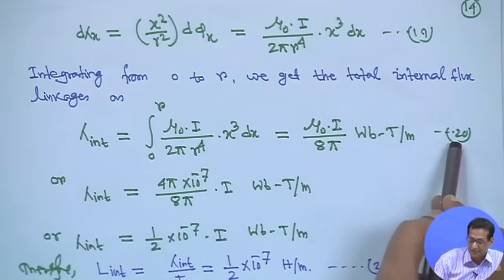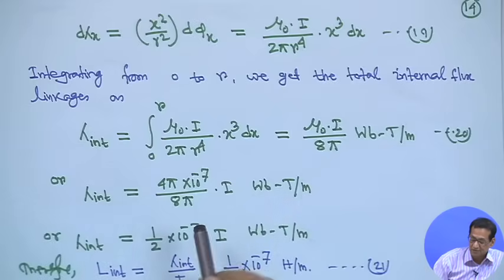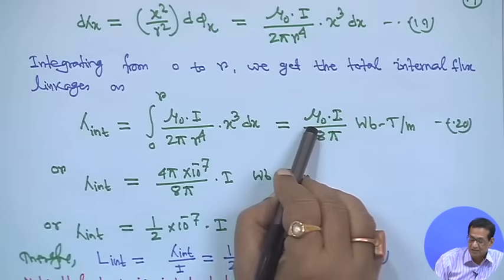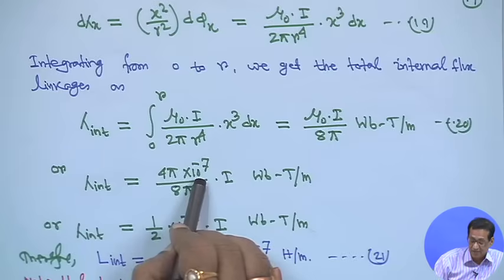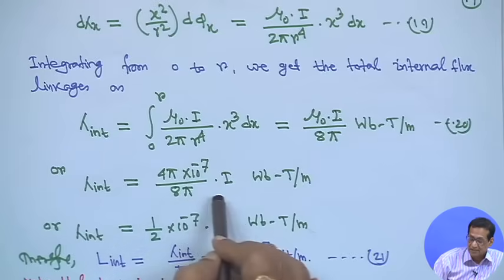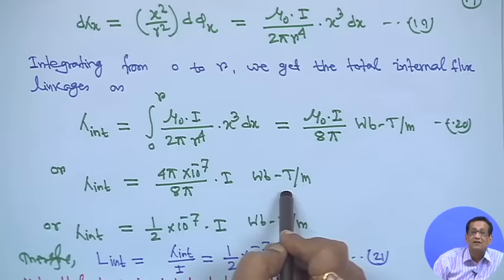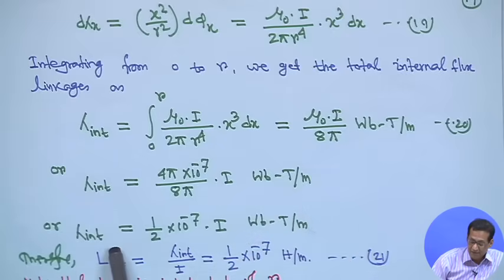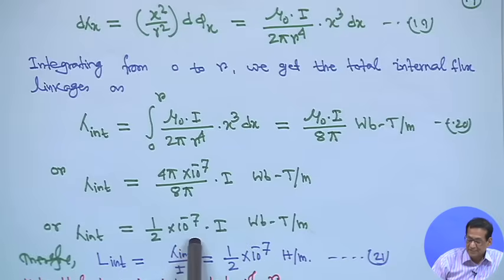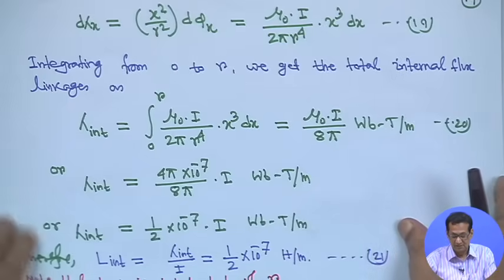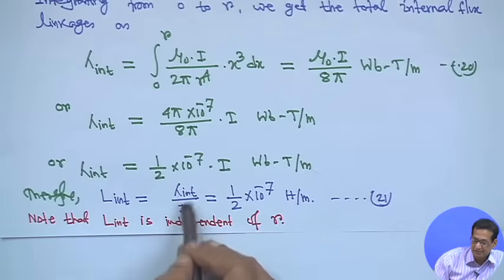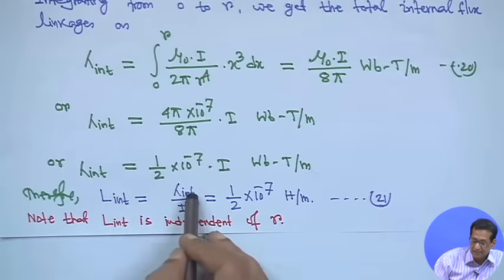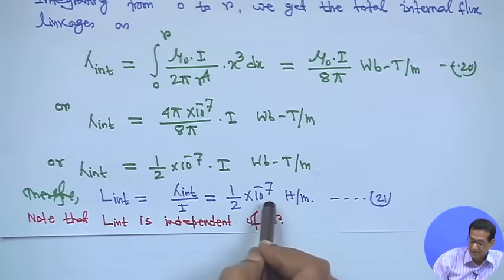So, this is equation 20. That means λ internal, with μ0 equal to 4π into 10 to the power minus 7 Henry per meter, we substitute here 4π into 10 to the power minus 7 divided by 8π into I Weber turns per meter, or λ internal is equal to half into 10 to the power minus 7 into I Weber turn per meter. This is the flux linkage per meter. Therefore, inductance internal is equal to λ upon I. So, L internal is equal to λ internal upon I is equal to half into 10 to the power minus